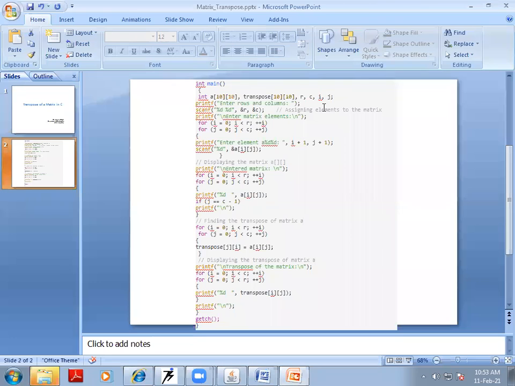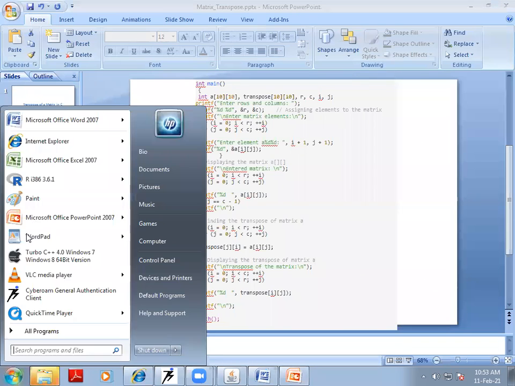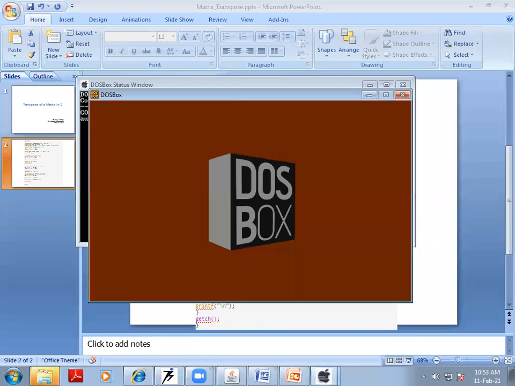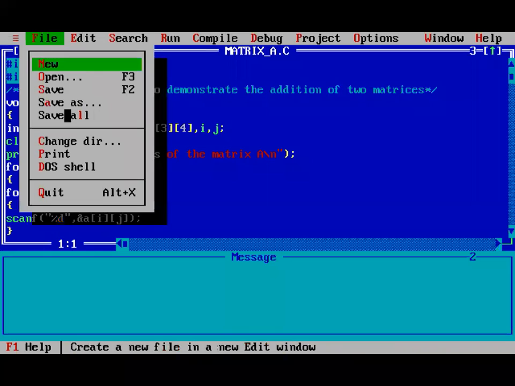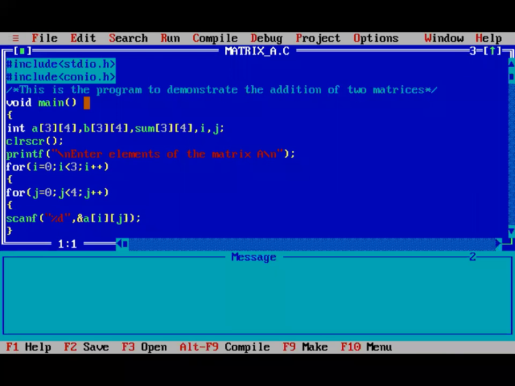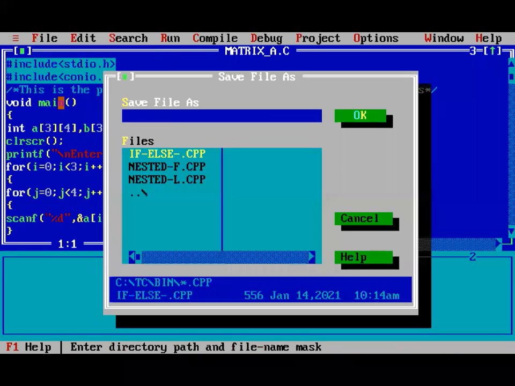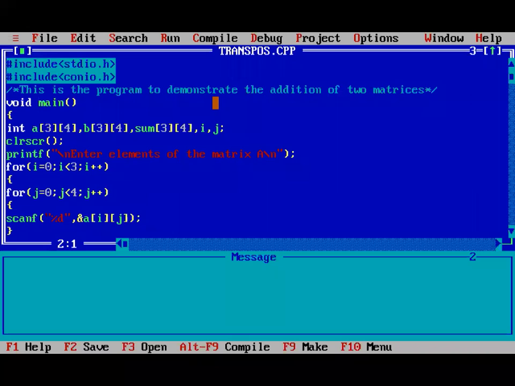I will quickly try to demonstrate the concept of the transpose of a matrix using a C program. We have just made a C program to add two numbers. We will save this program as transpose to find the transpose of a matrix, and I will make some very small changes here.